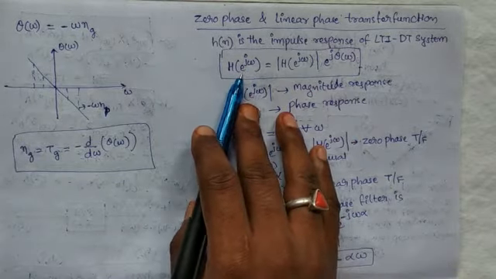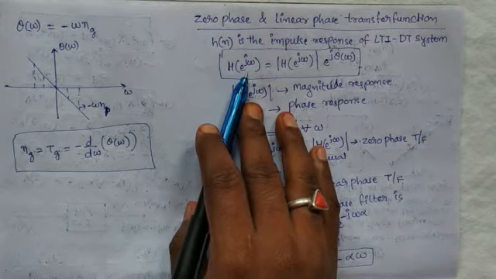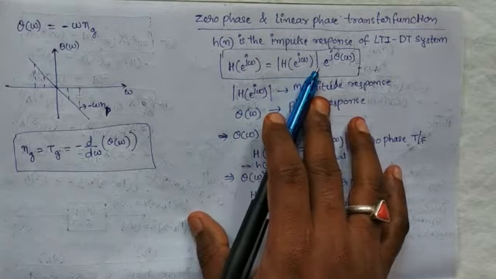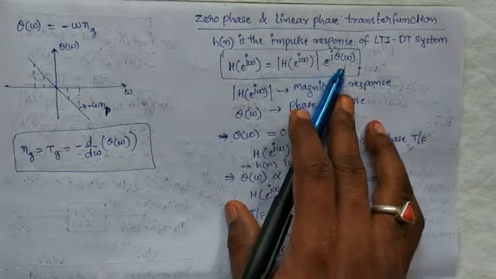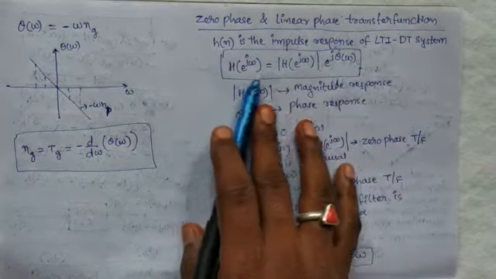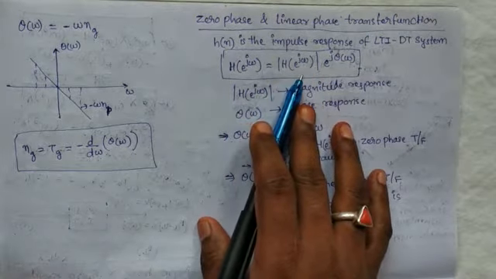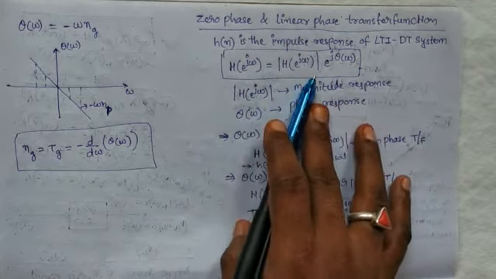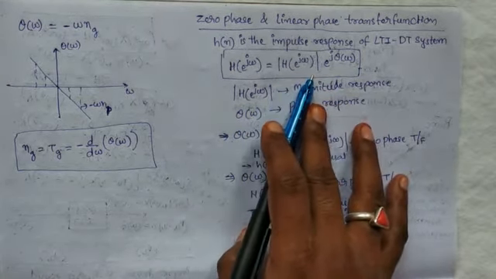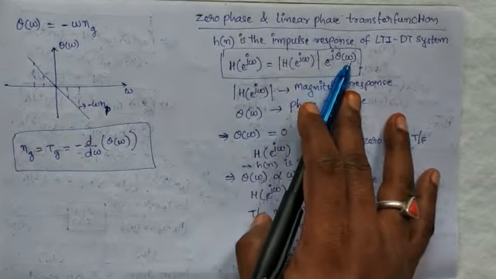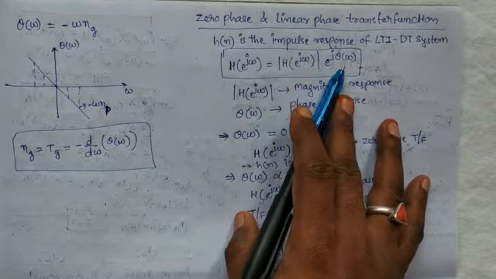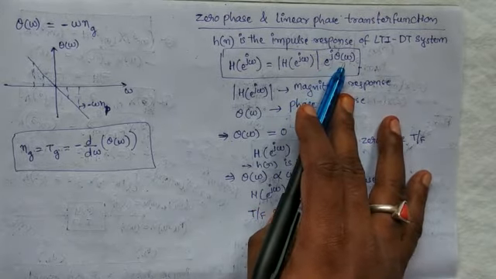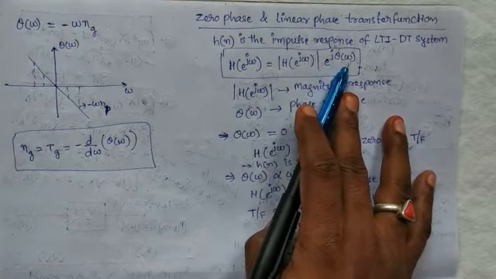We express h of e power j omega in magnitude and phase form. Here h of e power j omega is equal to magnitude of h of e power j omega into e power j theta of omega. The magnitude of h of e power j omega indicates the magnitude response, and theta of omega indicates the phase response. If this phase response theta of omega is 0 for all values of omega,